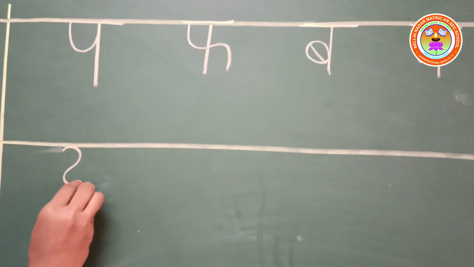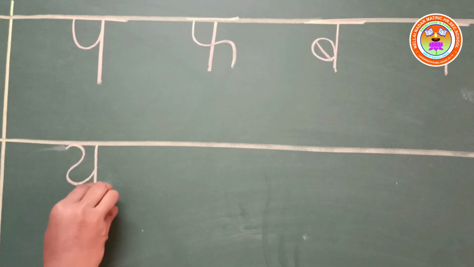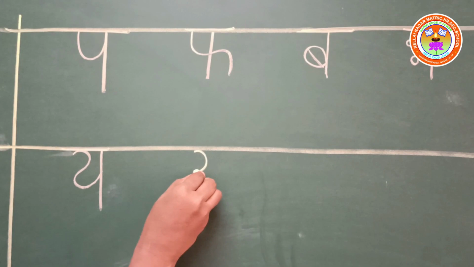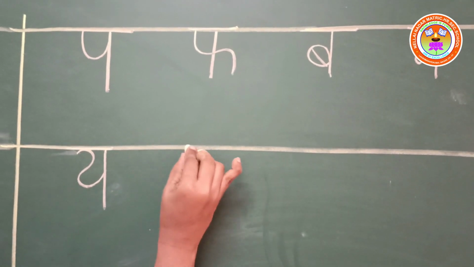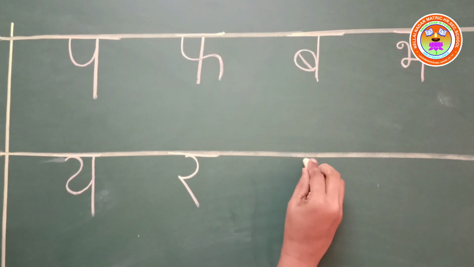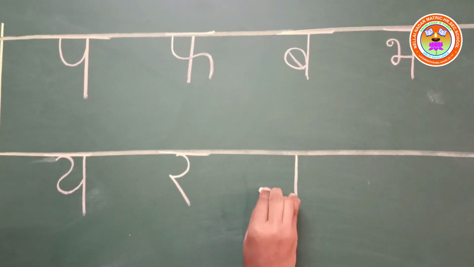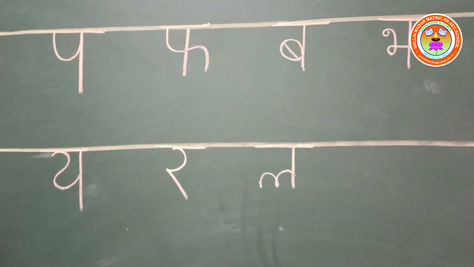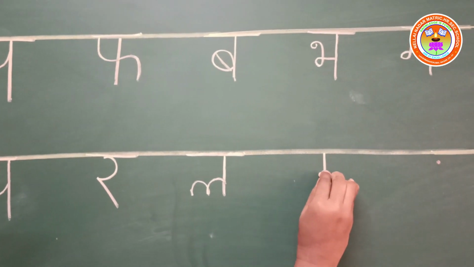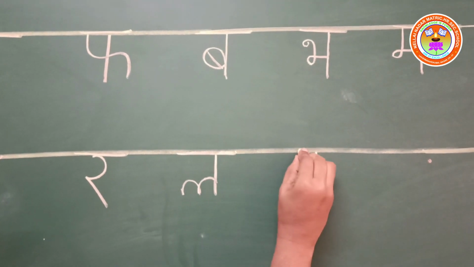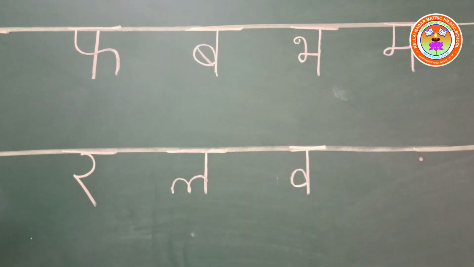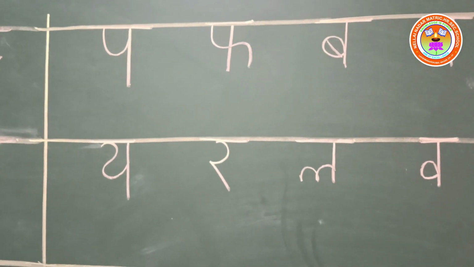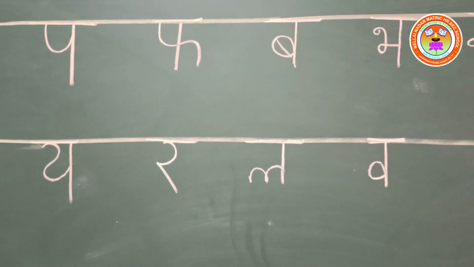Children, draw a half circle, take it towards your right, a straight line and a sleeping line on top of it. Y. Draw a C curve, bring it down, a sleeping line on top of it. R. Draw a straight line, an M-like curve and a sleeping line on top of it. L. Draw a straight line, a small line which joins it and a sleeping line on top of it. B. A small circle. Now I repeat. Y, r, l, b.